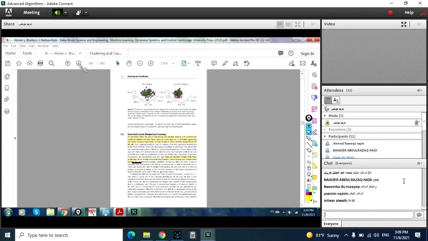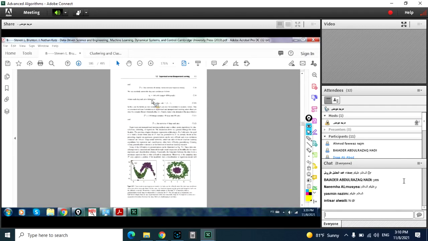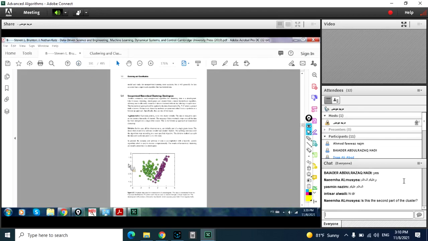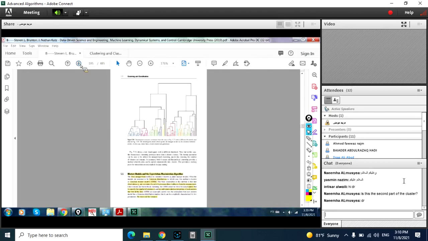We explained this before, and then after that we talked about comments, and then we analyzed things like the dendrogram. Okay, and now we want to talk about a